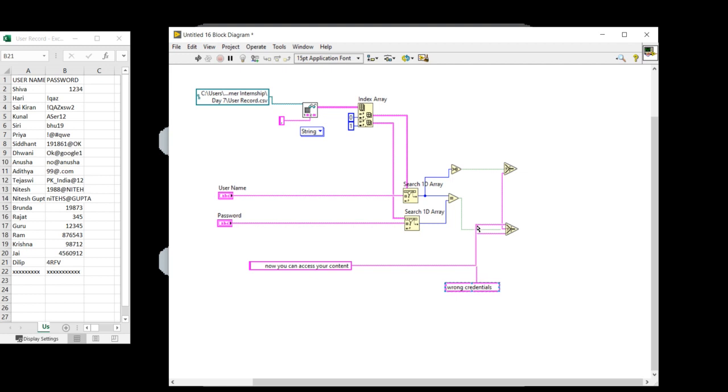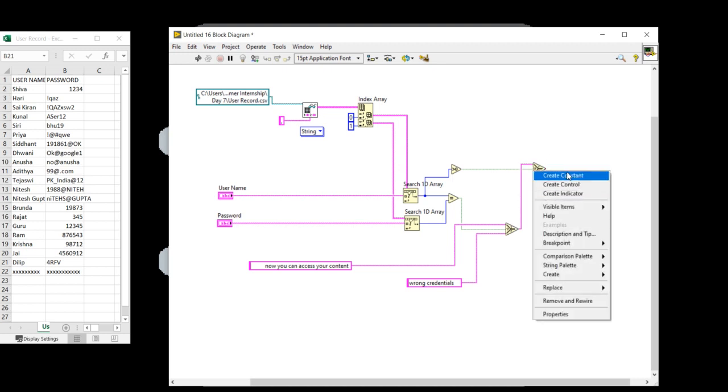Now you can access your content. Create constant.